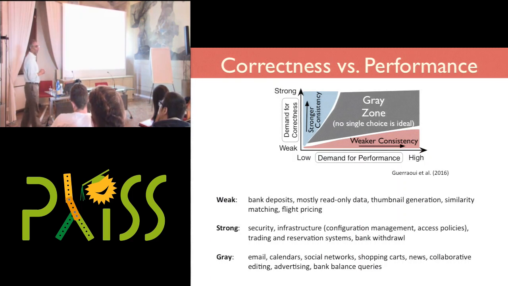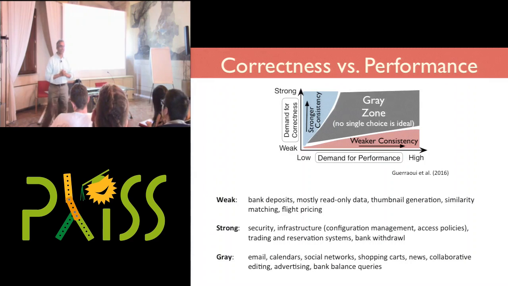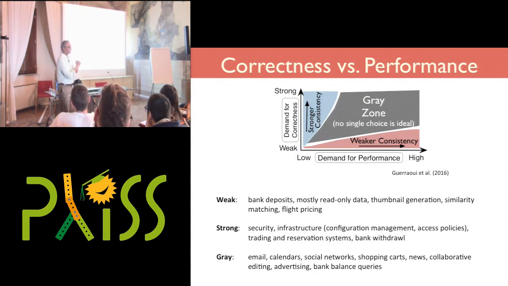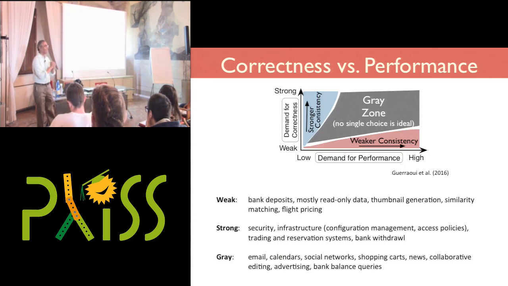If I'm looking at flight pricing on a travel website, it's true that prices can change underneath me, but I'm willing to believe that most of the time it's not going to happen. Even if it does, it's not going to happen so dramatically that it's going to affect me. There's an implicit contract between a flight website like Expedia or Kayak and me that says between the time that I look at a price and the time that I click the purchase button, maybe things have changed. But I'm willing to live with that. These are examples where it's not necessary for us to architect a system that provides full consistency.